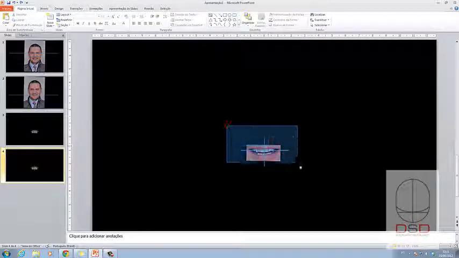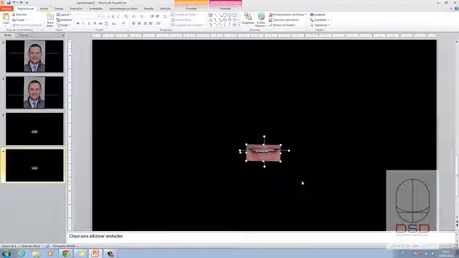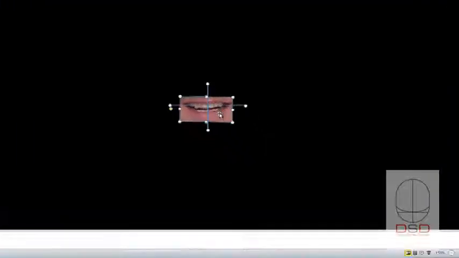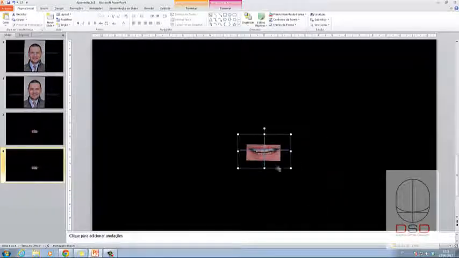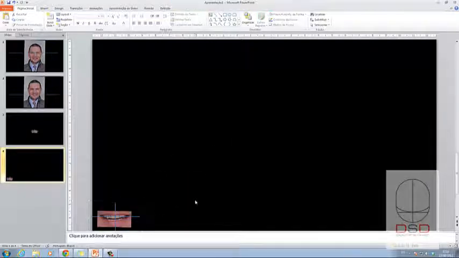So I'm going to hold and select everything here. Go on top of the image, right click, and then group, and then we're going to group all those items here. Now when I click here, you can see that it has all the three entities: the photo, the vertical line, and the horizontal line. Now I can move this to this side of the slide, and now I'm going to